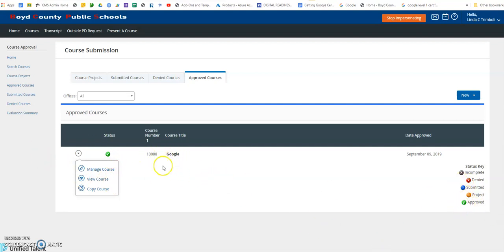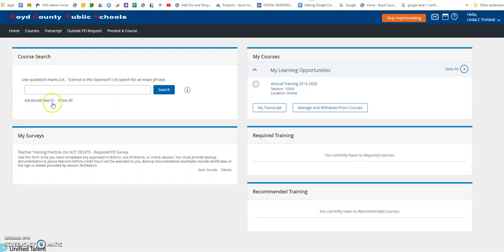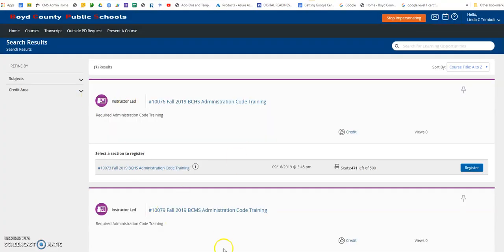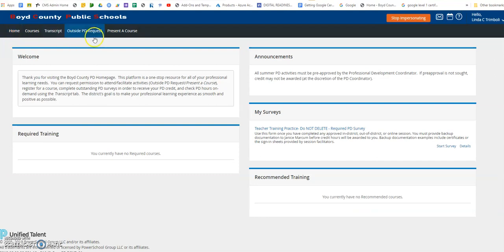So that means that it will now be in the course catalog for people to register for. So once you get the approval, you can tell people in your school or let people know that they can go in and register. So I would go to Courses, Show All, and it would show in here for someone to register for. So that is how you use Present a Course. If you have any questions, you can